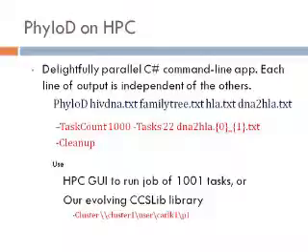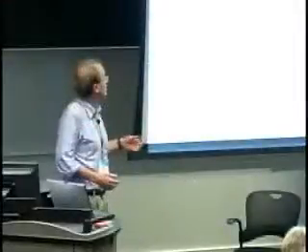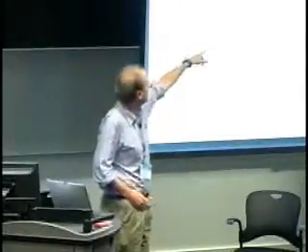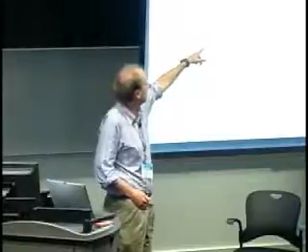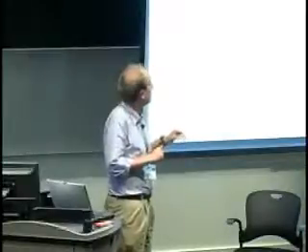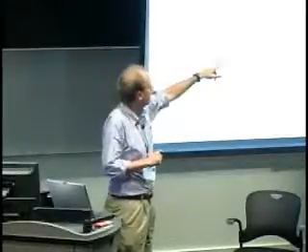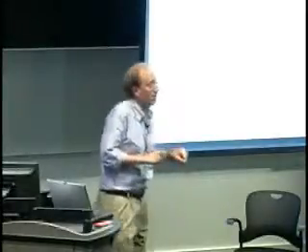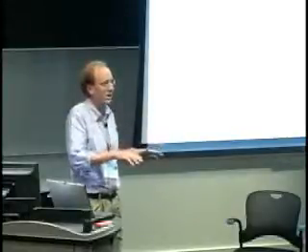So one version of PhyloD is just this command line program. You say PhyloD, you give it the DNA of the HIV. You give it this phylogenetic tree, this tree of family relations between the DNA sequences. You tell it the HLA of the patients that you're giving it the data for, and you give it an output file. So this is just something you could run on a regular machine right at the command line.